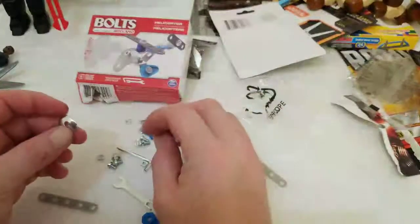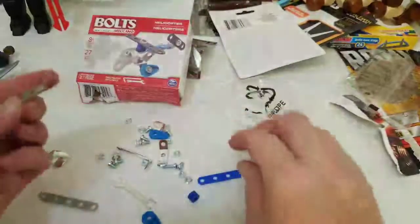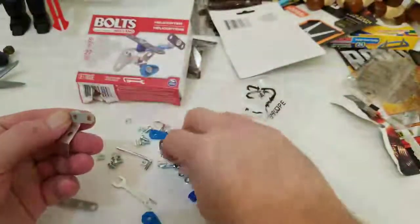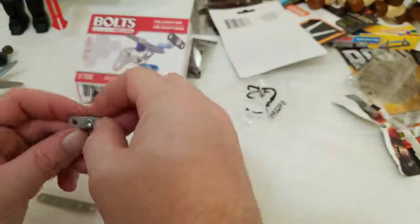Let's see. Okay, so this is this. I think this goes back here. So I think what you do is you take a little, like that, and